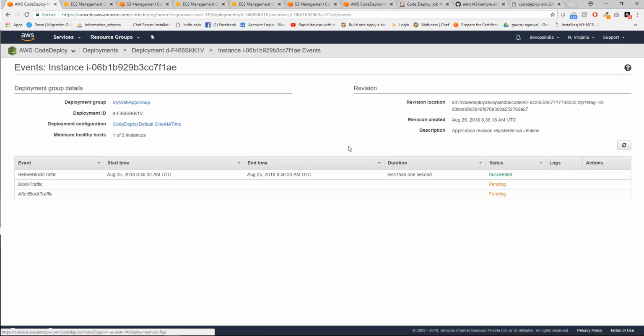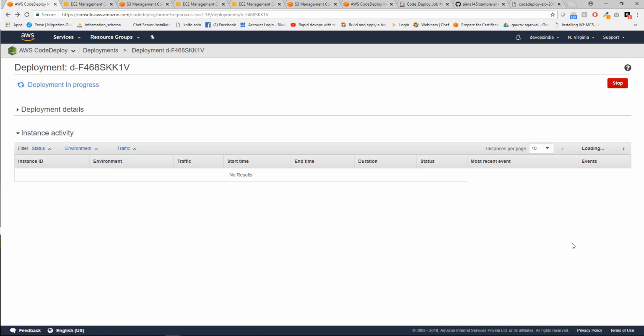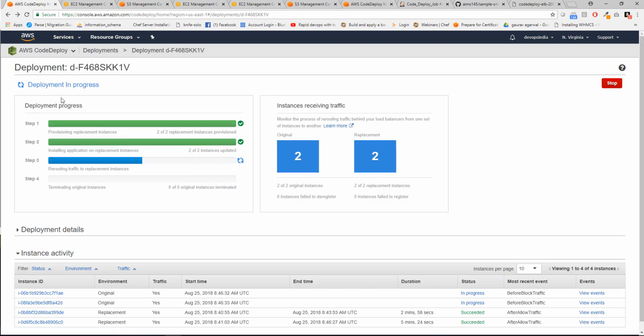You can see the events in these instances, what it is doing before block traffic, and after block traffic. These are the events going to be performed on these instances. So we can wait for a while. Meanwhile, these instances are getting blocked for the traffic. You can see it is still in process